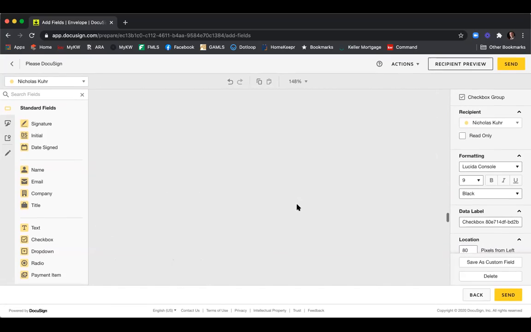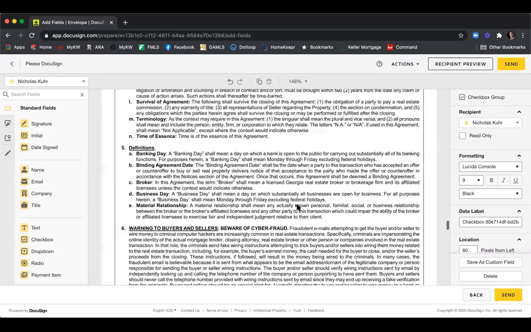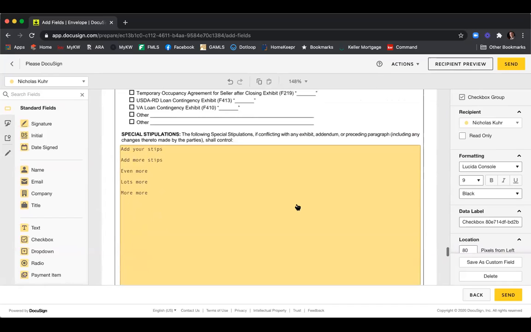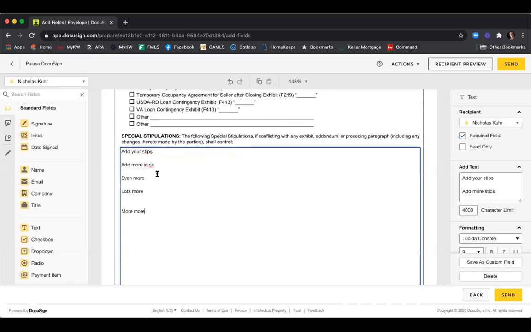keep scrolling. Now we get to the special stipulations. Now I can edit this text box. I already have all of my special stipulations in here because I was like, these are the 5 stipulations that I use 90% of the time. But sometimes I don't need one, so for this specific transaction, I can delete that special stipulation,